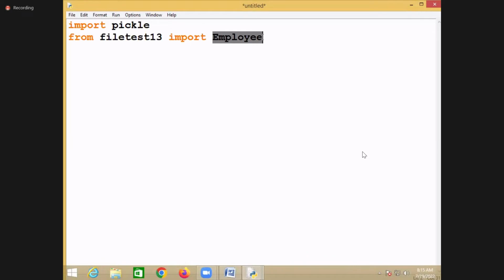Employee data type. At the time of unpickling also you require the same data type. Because of that, I saved this employee class in a separate module. What is the name of this module? File test 13.